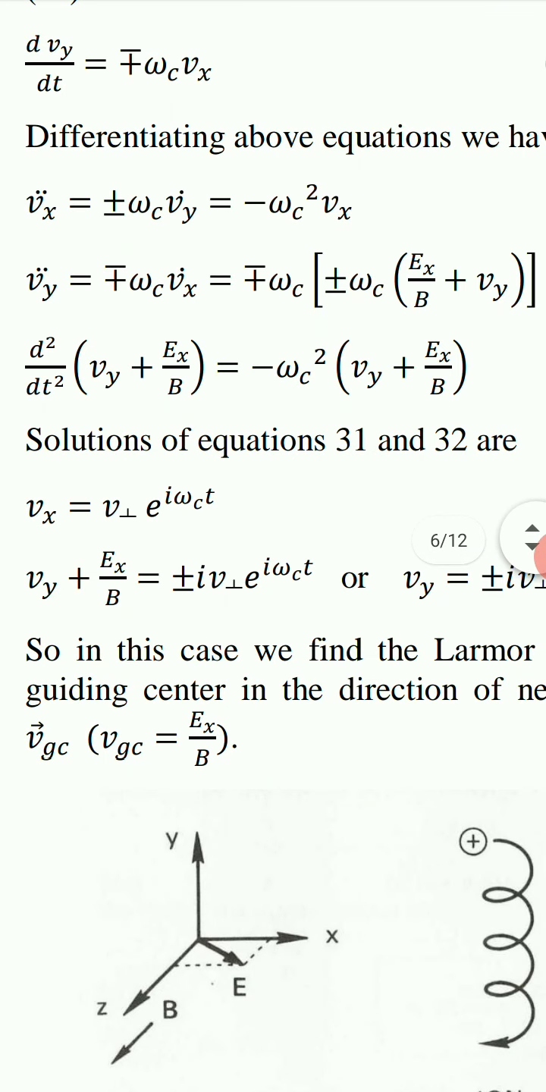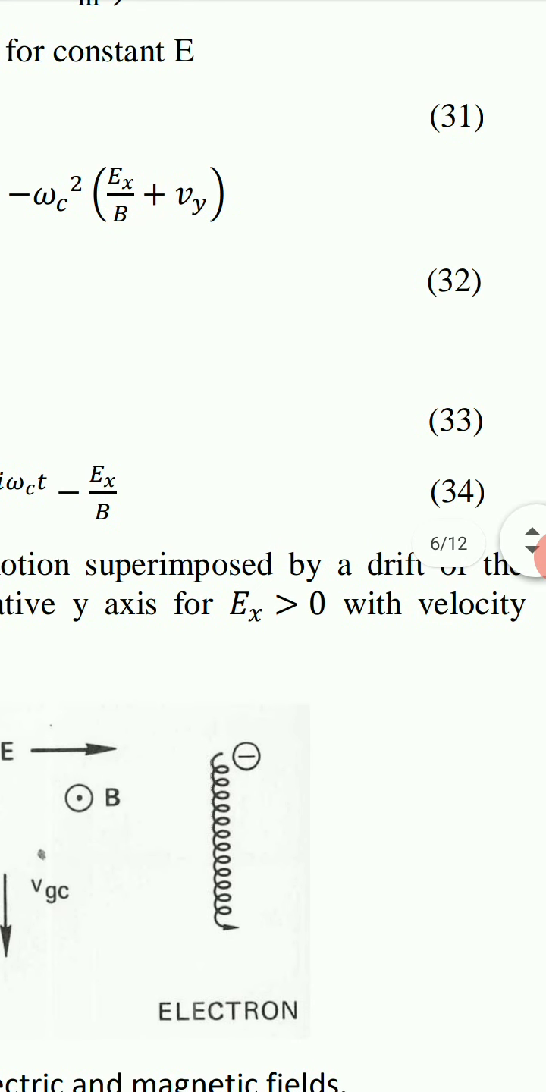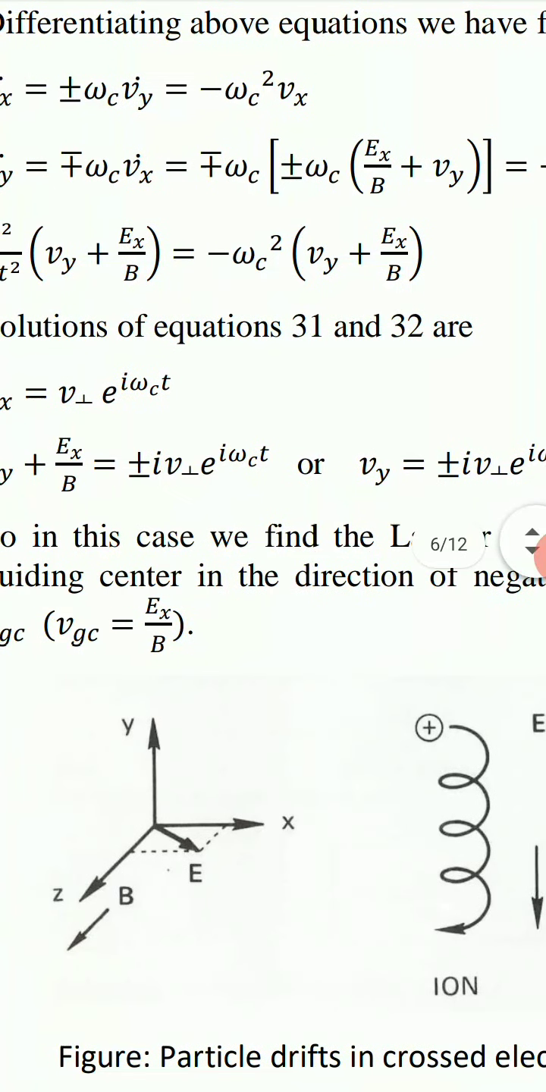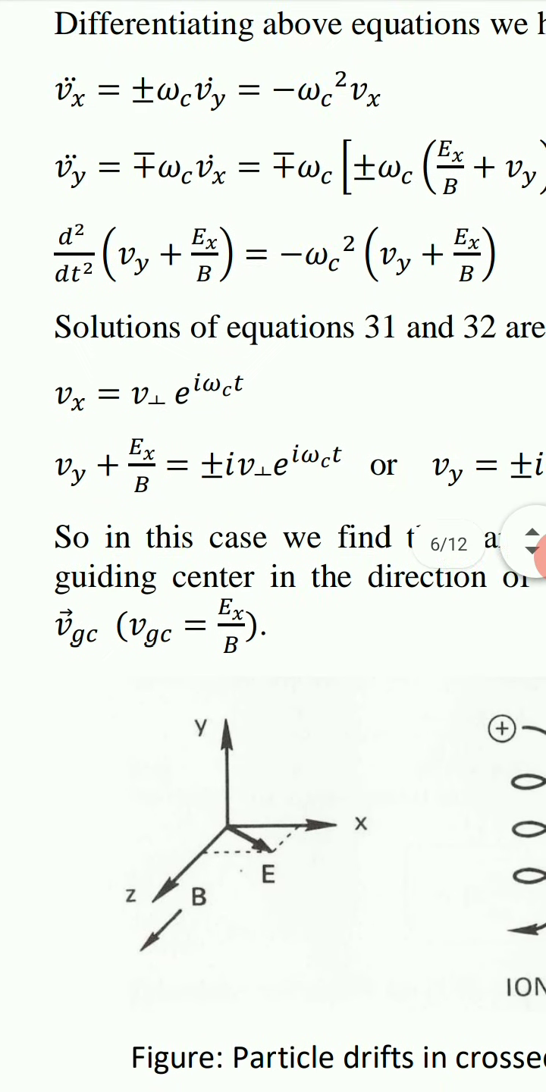Now we have these two equations, one for Vx double dot, and in right hand side we get a term of Vx. Similarly, the other is twice differentiation of Vy plus Ex upon B, and in right hand side we also have this type of term having Vy plus Ex upon B. These two equations, 31 and 32, are equations of simple harmonic motion,